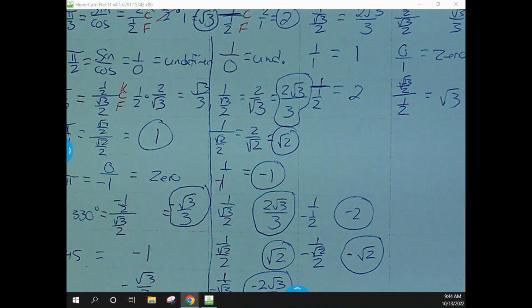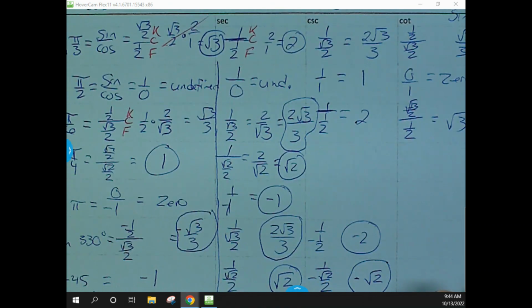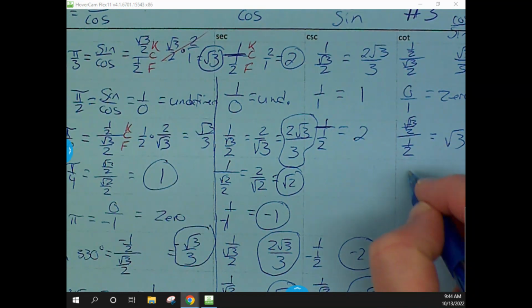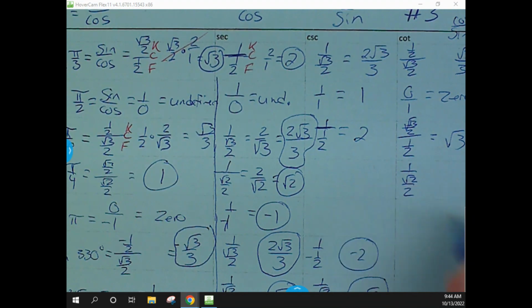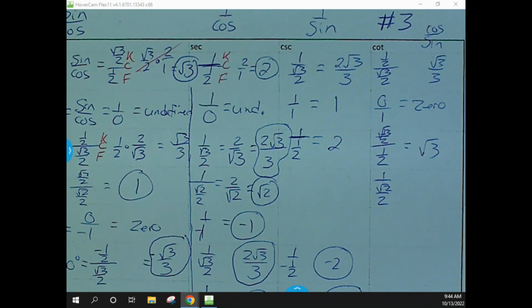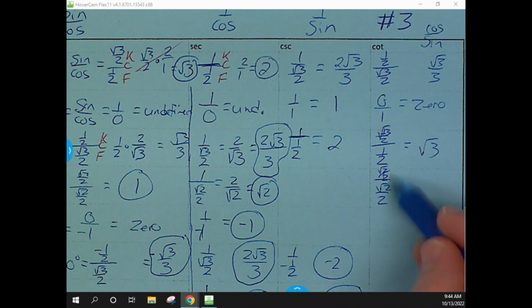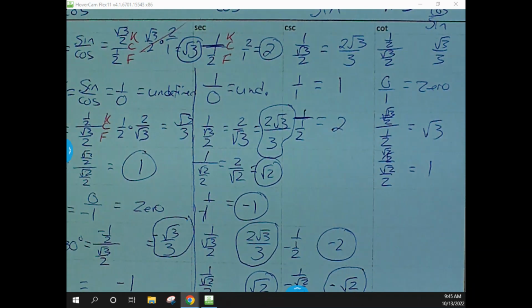Is number 4 cosecant? Number 4, cotangent would be 1 over square root of 2 over 2. Oh wait, I'm sorry. Square root of 2 over 2, over square root of 2 over 2. Yeah, that's the same thing over itself, right? So yeah, just 1. Can you do the cotangent